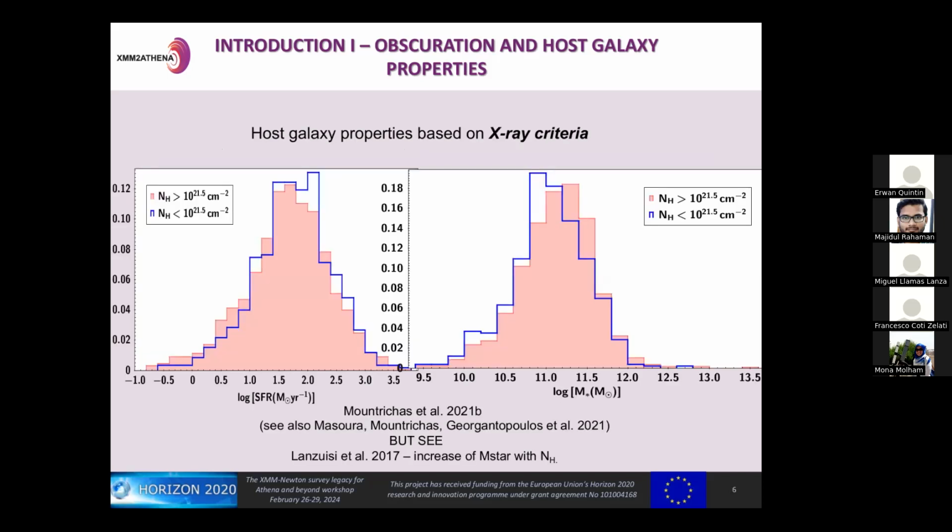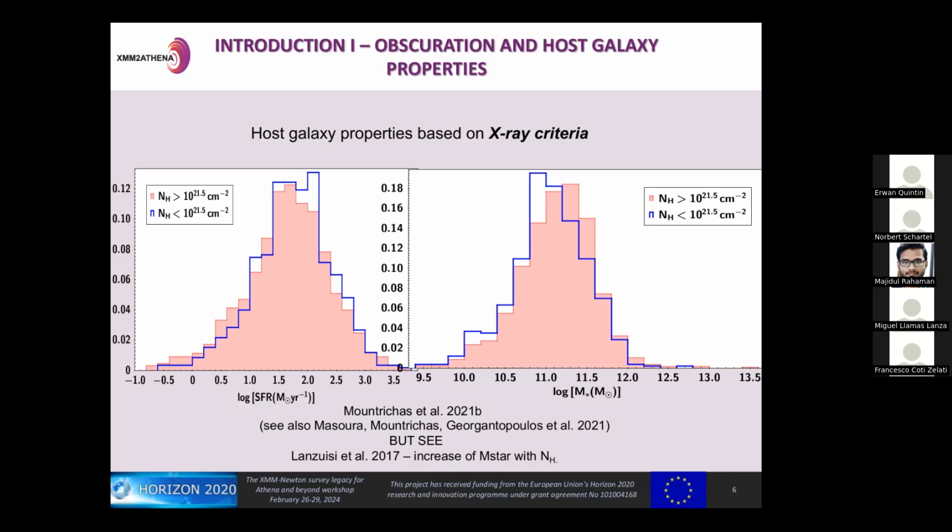Finally, another popular way to classify sources is, of course, using X-ray criteria, specifically the hydrogen column density, the NH parameter, to classify sources as X-ray obscured and unobscured. And the studies that have followed this classification scheme do not find statistically significant differences regarding the star formation rate and the stellar mass of the 2 AGN populations. And this plot here is from another paper in 2021 where we used sources in the Bootes field,